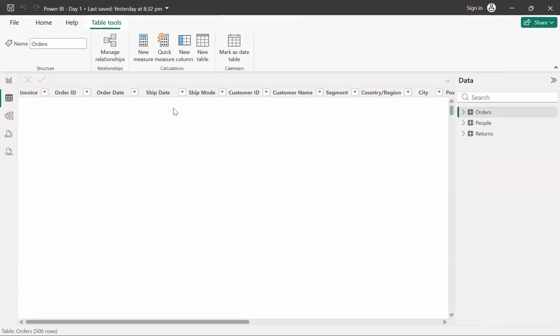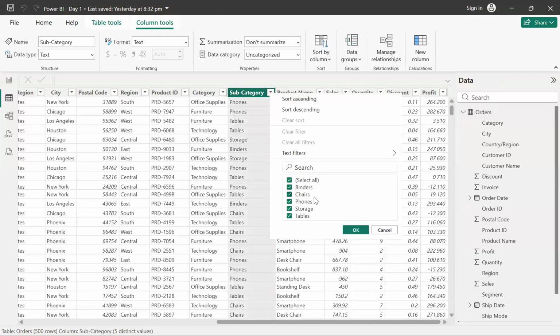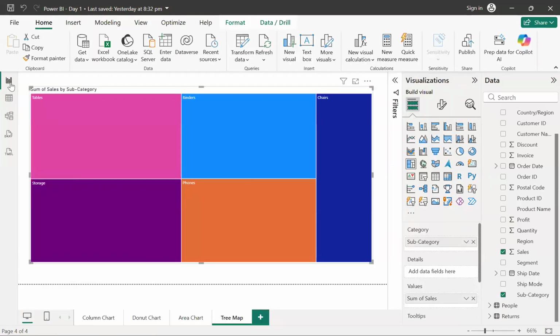Now we can check whether we just have these five subcategories by looking at this table view. Just try to confirm that you have five subcategories over here. Yes, we just have five subcategories, so that is fine. So you can see that we can easily understand from which subcategory we are getting the maximum sales, and from which subcategory we are getting the minimum or least sales.